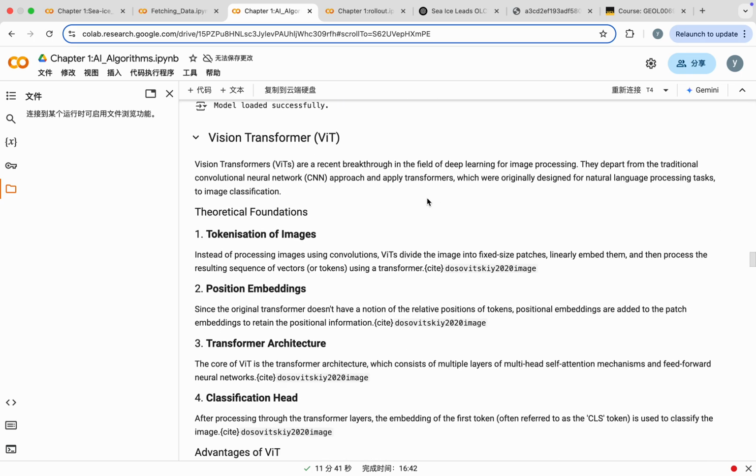Part 5, vision transformers. A newer approach to image classification is vision transformers. Unlike CNNs, ViTs do not rely on convolutional operations. Instead,